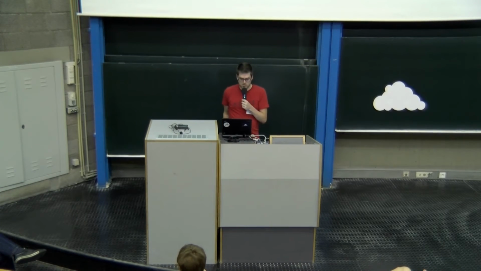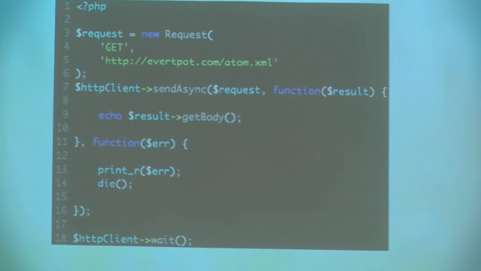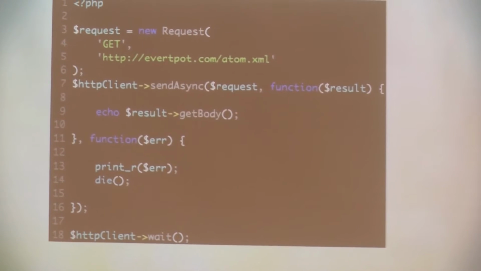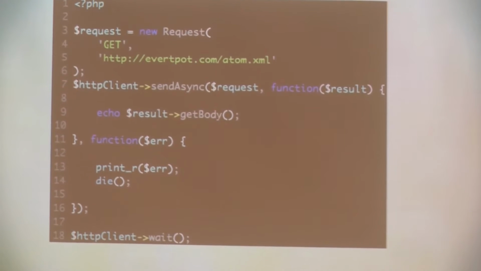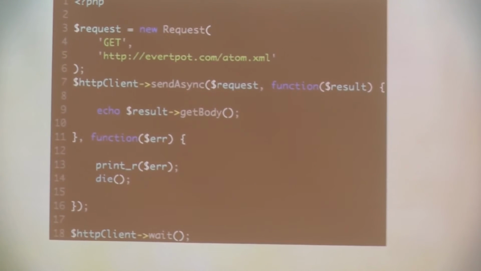So normally when you start with an asynchronous HTTP client, you would send a request, and you also pass a callback, and in the callback you can handle the response, and that's a very typical way to do this. It also works like that in a lot of JavaScript libraries like jQuery, for instance. A big problem with this type of approach is that